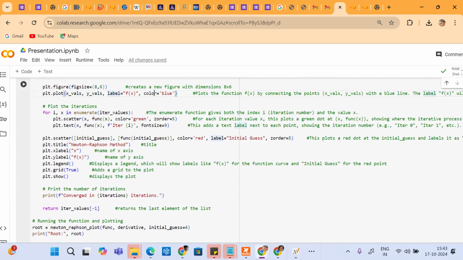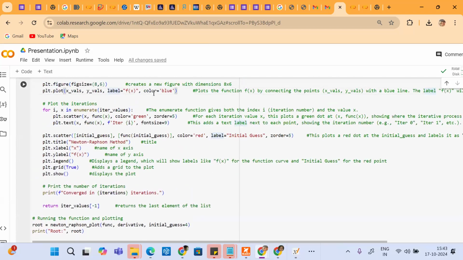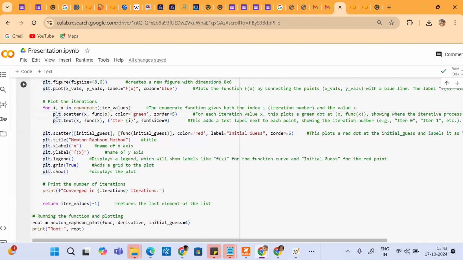And then along with that, we give the color as blue. So that's also over here. And in order to plot the iterations, we have used the function enumerate. This enumerate function will give both the index and the corresponding values. And by this command, it will plot the